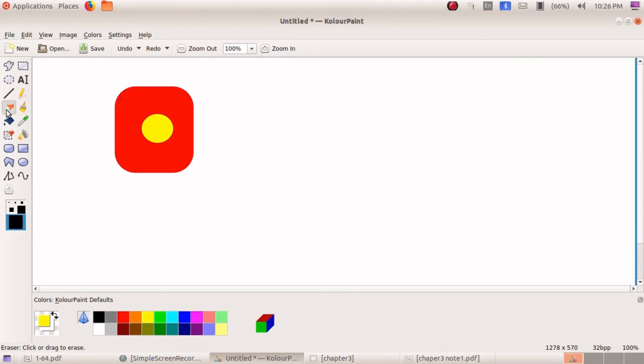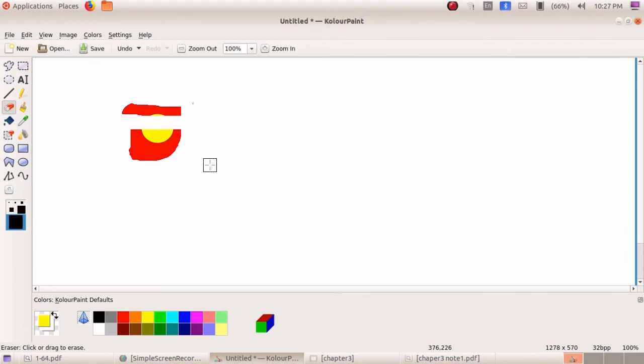If you are using this eraser, we should rub carefully. Yes, you can rub this, but we should rub carefully. Mistakenly, if without your knowledge you rub something out, what should we do? We should draw it again, isn't it?